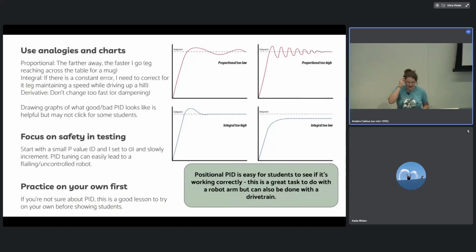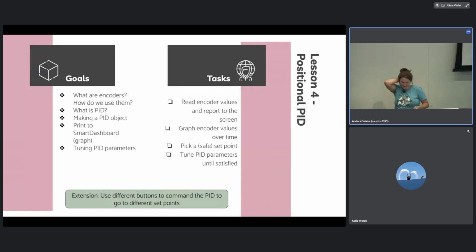I know not everyone knows what PID means or what it looks like. And the cool thing is if you get here and they learn it really fast, then arms are perfect for this. I'm like, okay, make A get the thing to the floor to pick it up, make B score it at point A, and C, X, B score it at point Y. So I make them use different buttons and stuff.